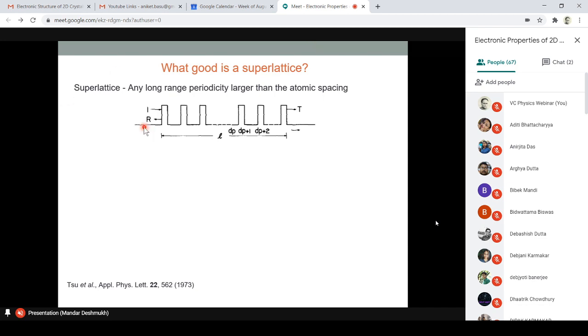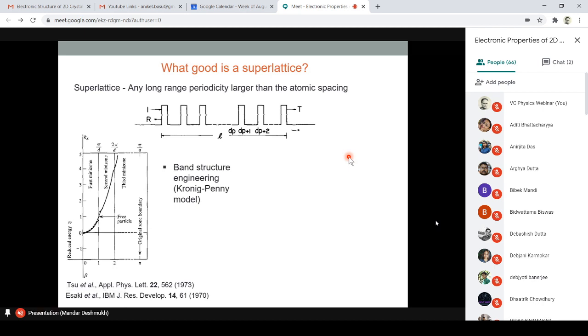Because when the electrons are going around the positively charged nuclei, they feel a potential. And then away from it, they don't feel it. So this is a simplistic description, of course. And so this periodic change in the potential and the electron going through is the basis of how one thinks about electrons moving in a solid. Okay, so the starting point is often studied in courses called the Kronig-Penney model,